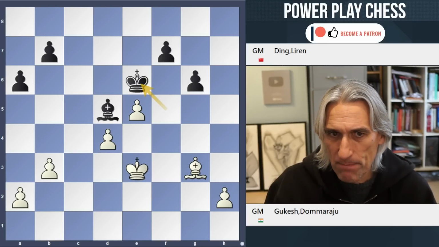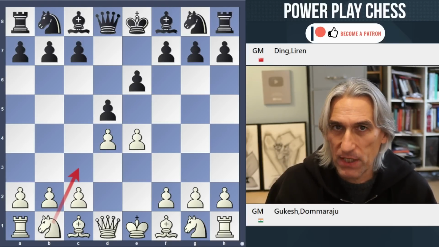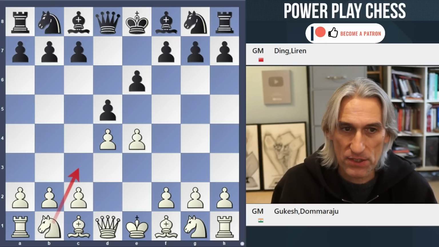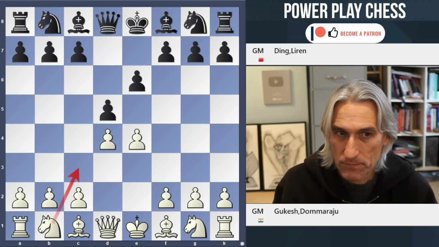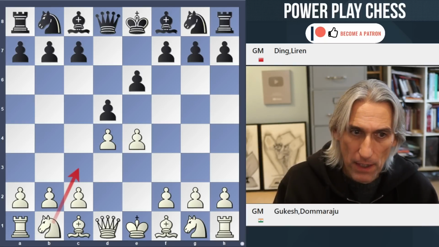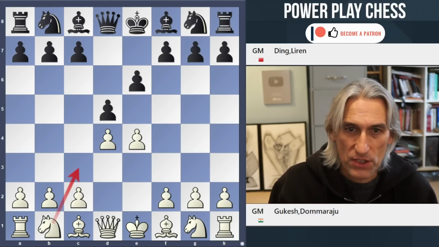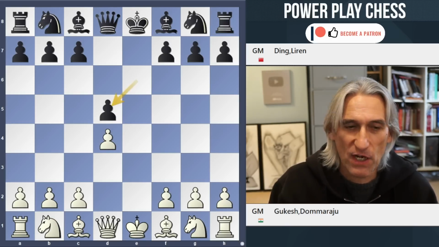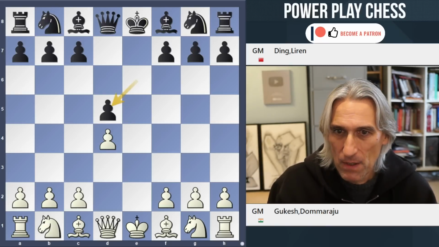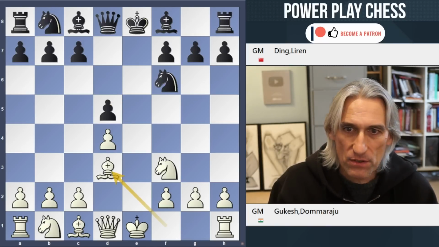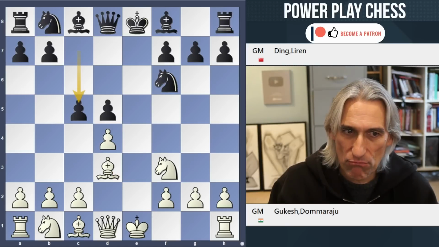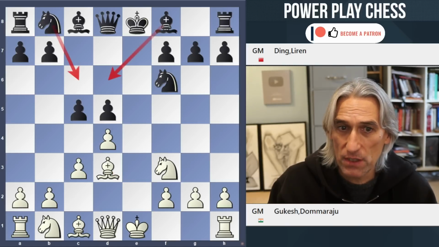I think there were some surprises there. I would have expected Gukesh to play something a bit sharper against Ding's French. I think that suits his style more. This exchange variation might be kind of computer approved, but Ding showed that his preparation was very good actually.